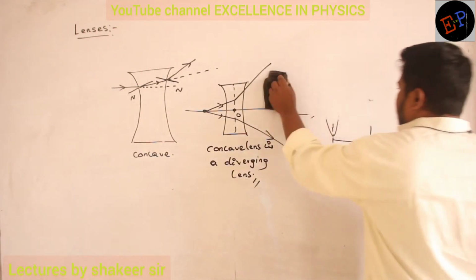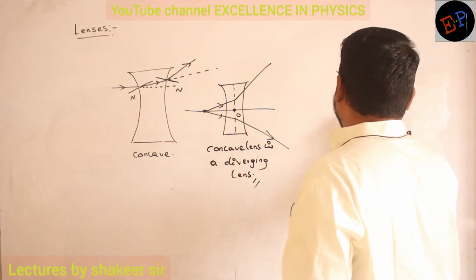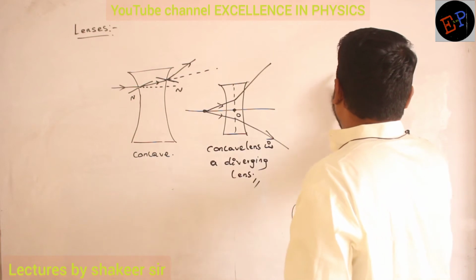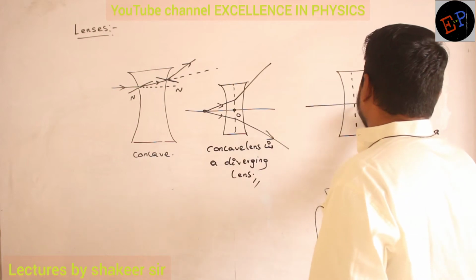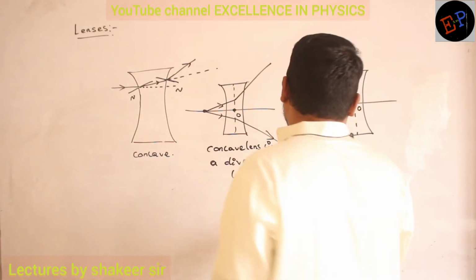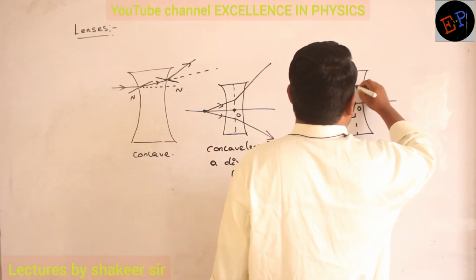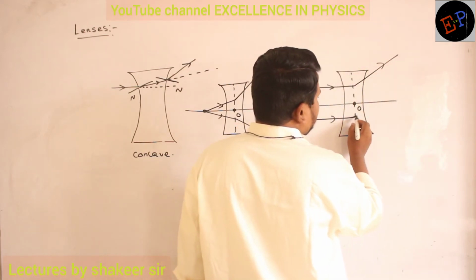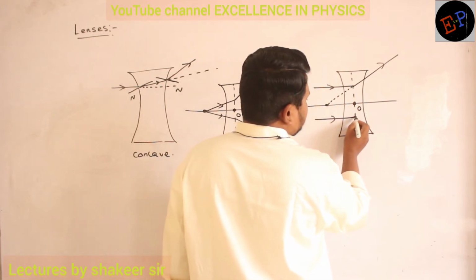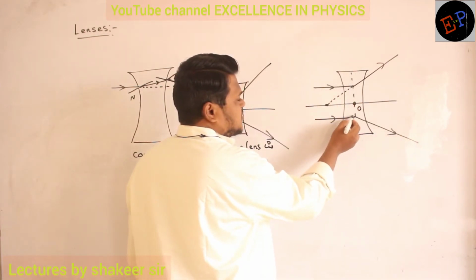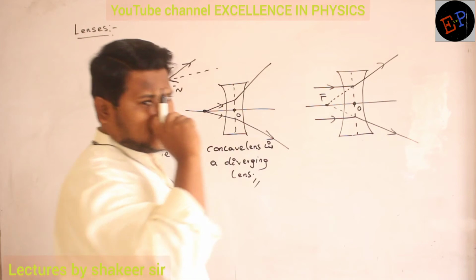Similarly, when light rays are passing parallel to the principal axis. Clear now? So consider this is a concave lens. Are you able to understand? So this is the principal axis, this is the optical center. Now light rays passing parallel to the principal axis, how will they behave? They will move away from the principal axis. But if you extend them, they will meet somewhere here. Okay. Similarly, this light will be refracted like this, and if you extend them, they will meet somewhere here. And what is this point called? This will become the focus.